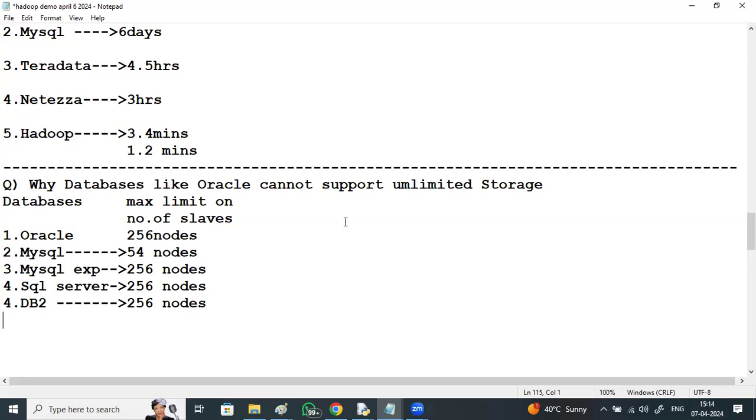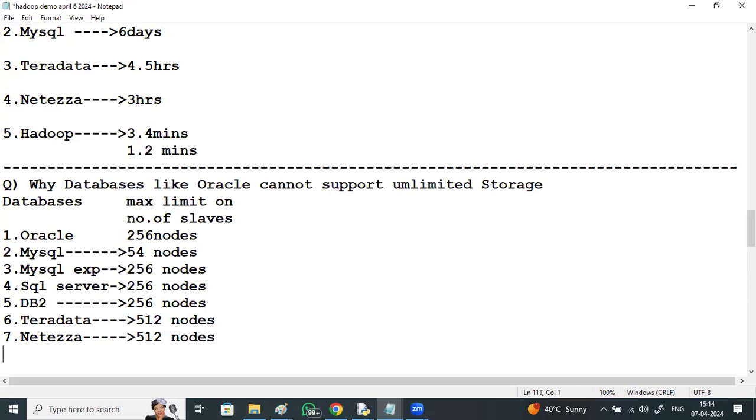But we have specialized databases used for data warehouse purposes, like Teradata. Teradata can go with a maximum of 512 nodes, and Netezza can also go with a maximum of 512 nodes.